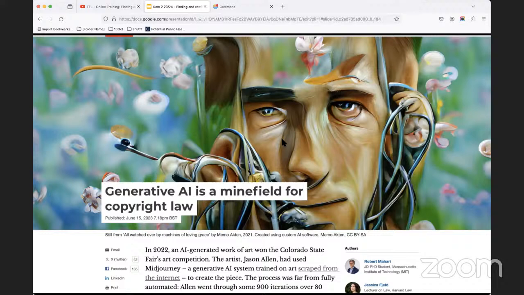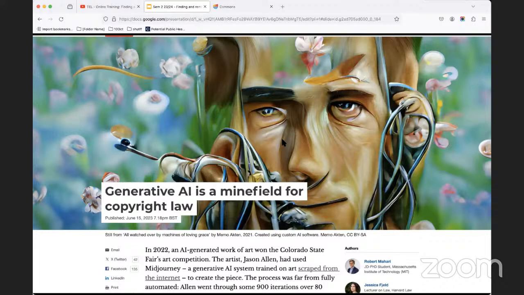Something which is produced by a machine isn't produced by any one individual. So therefore, should it be subject to the same laws, the same rules? And in particular, when we consider that essentially these machines are training themselves, or they've learned to develop material based on using other people's material without any permission, surely that's a breach. But then they're machines, they're not people. So are they subject to the same laws?